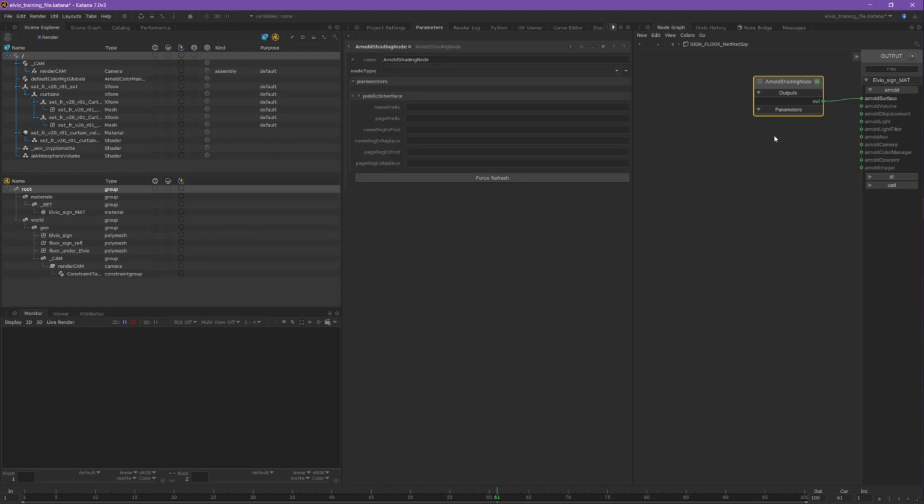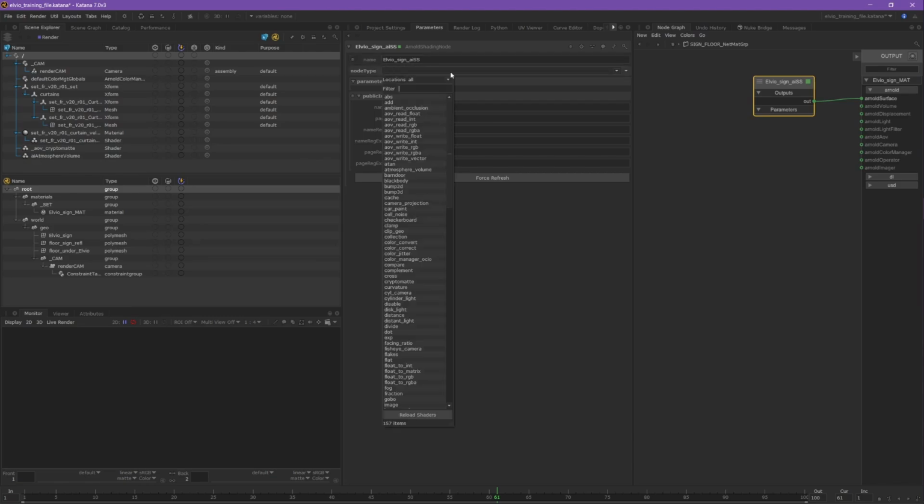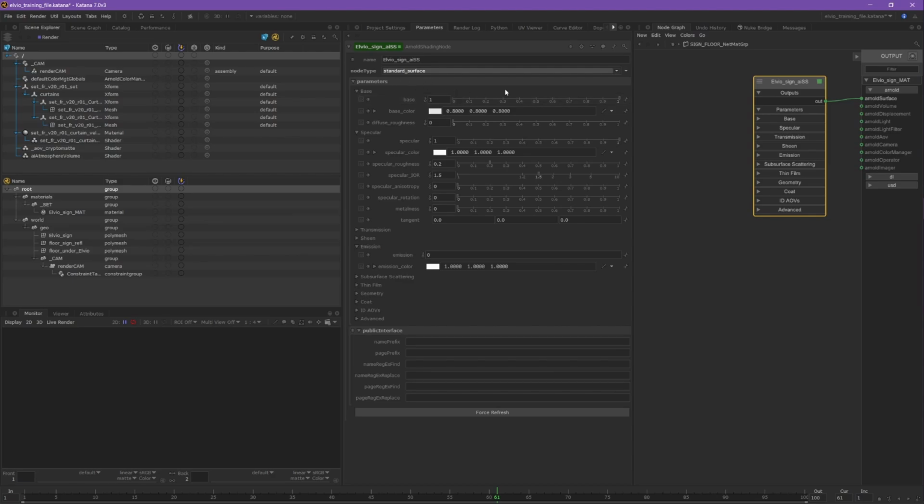Hit green for attributes, change the name. This is going to be our LVO sign, and I have a habit of saying what it is from my Maya days. So AI standard surface. It'll automatically change the name. Go into your node. You can either scroll to find what node type you like, or you can simply type it in and it'll give you a short list. We want a standard surface,